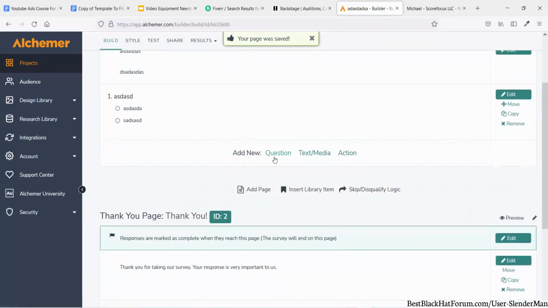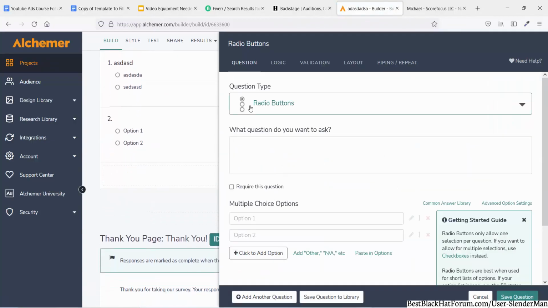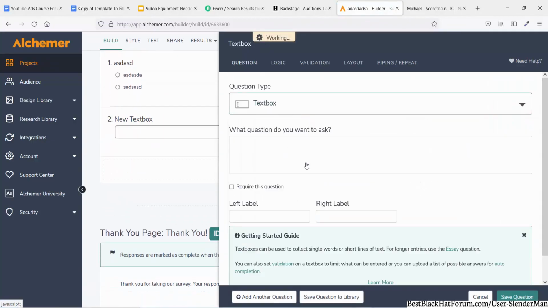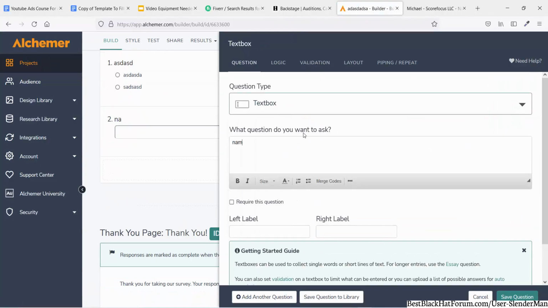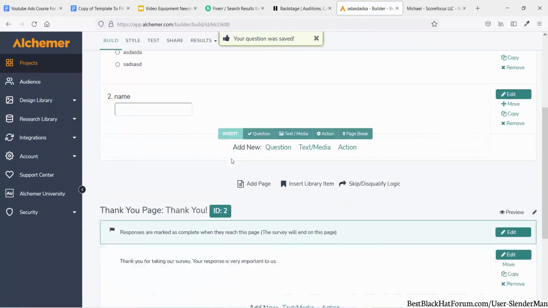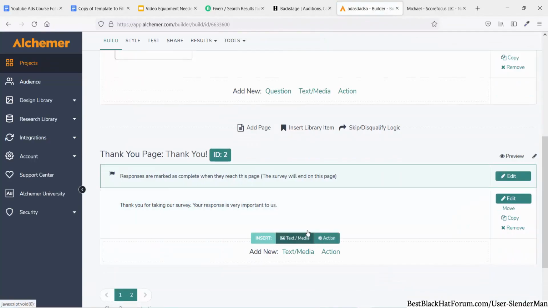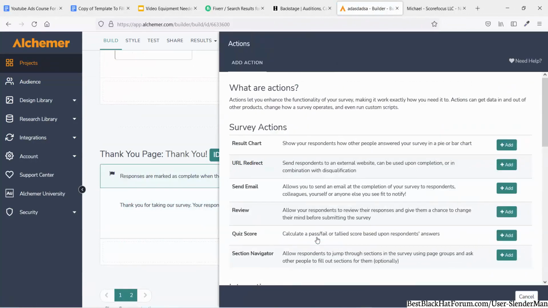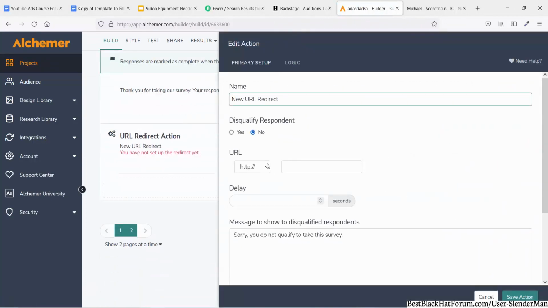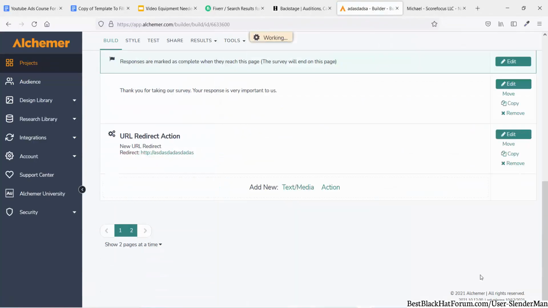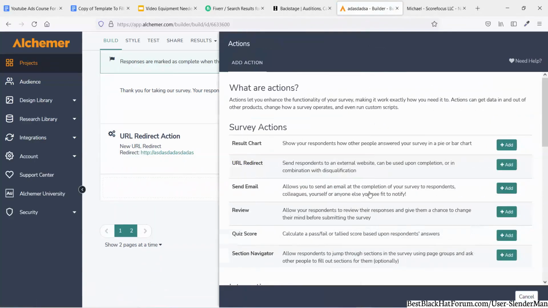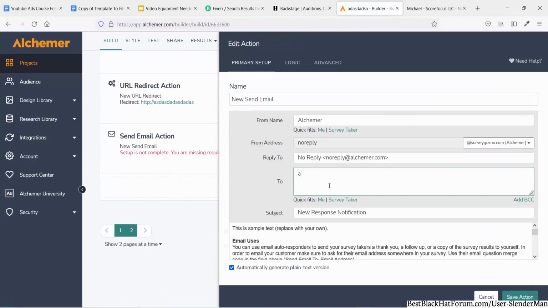Add a few more questions. Again, most of them, I choose radio. You can use text box for like name, phone number, and email. And then you can set up your redirects down here. So to set up a redirect, you choose action, URL redirect, and then just enter the URL of your thank you page. If you want to set up an email notification without having to do so in Zapier or something, hit action again, hit send email, and you just put your email in here,